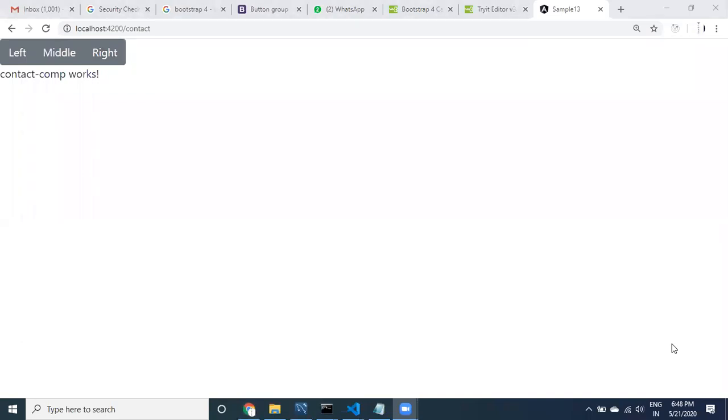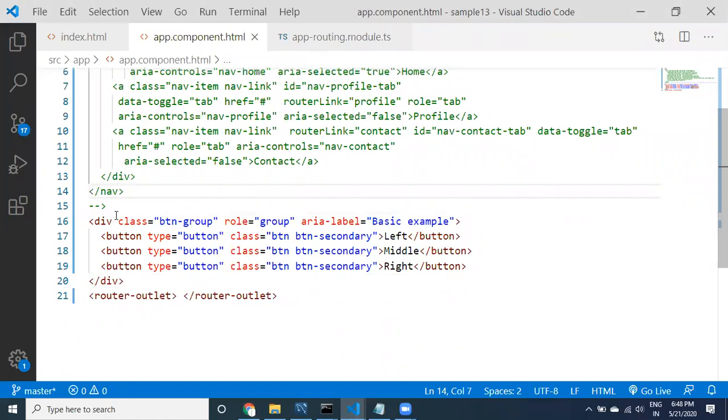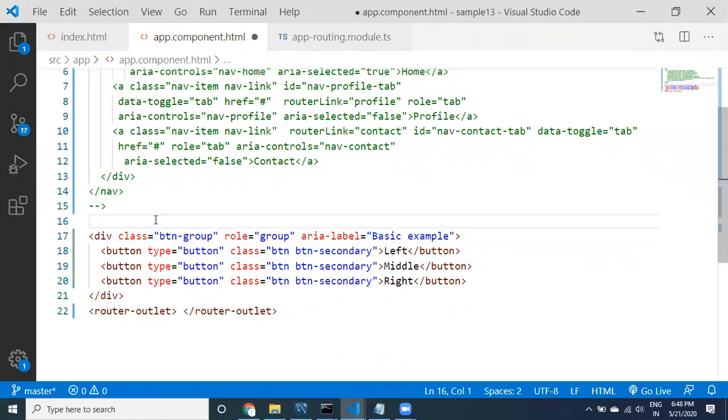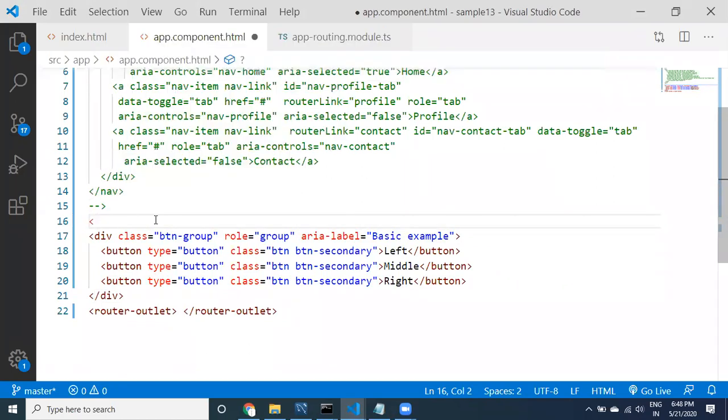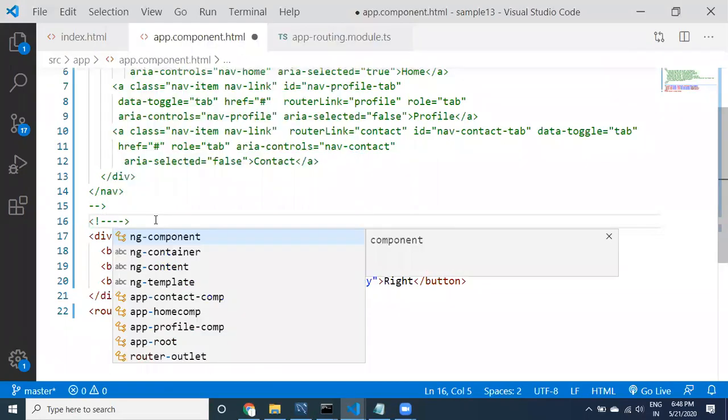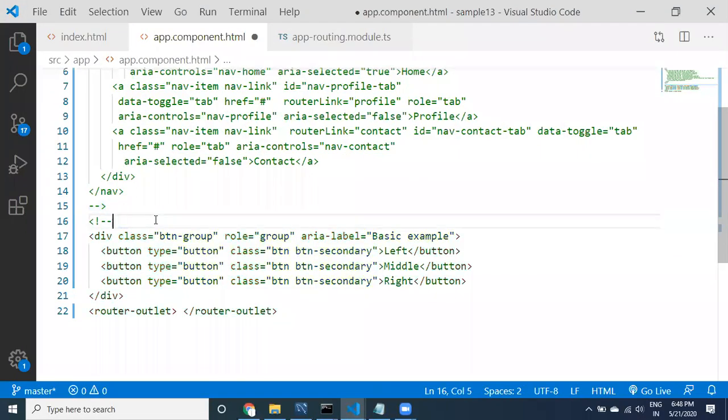About the shortcut for comments: just provide the left arrow mark, then provide this one, and then this one, and the rest is going to come automatically.